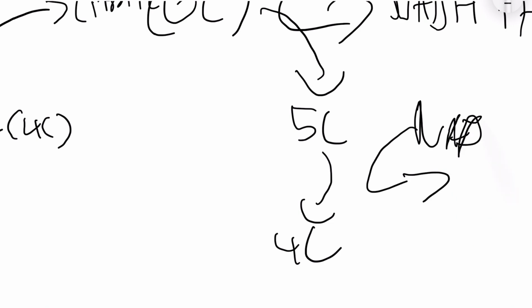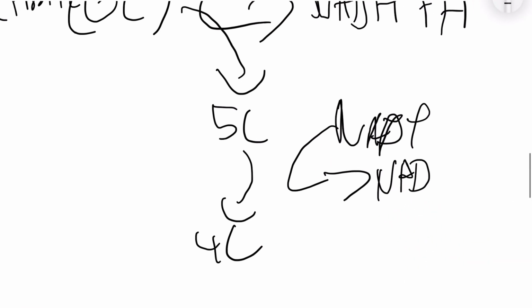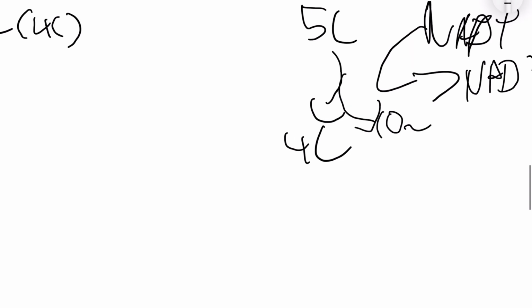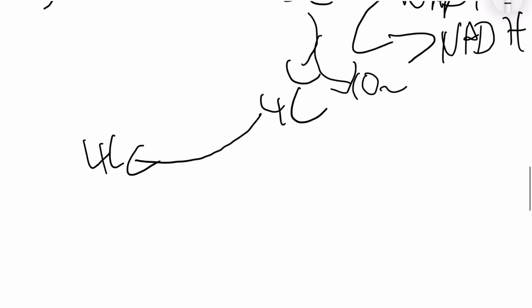NAD plus, that's a D, trust me, becomes NADH plus another hydrogen. So next, what happens here is that we again lose a carbon into carbon dioxide. So next, we are converting it into another four-carbon molecule, and how we do that is,